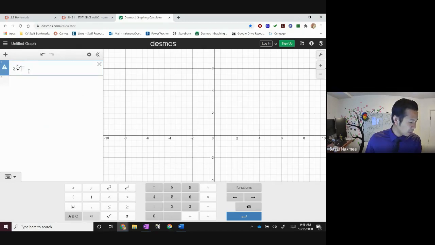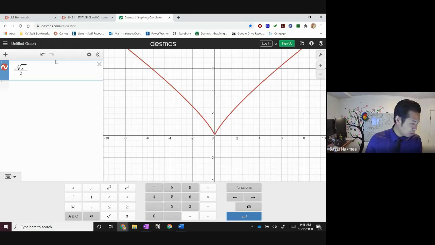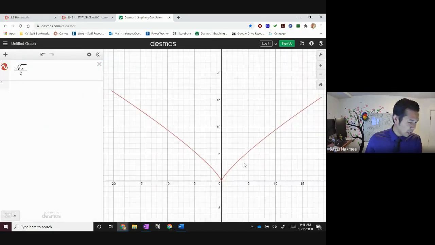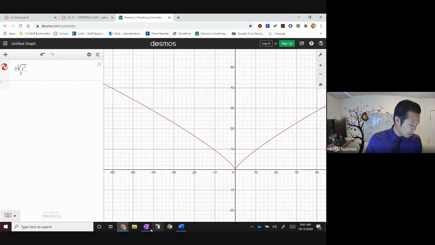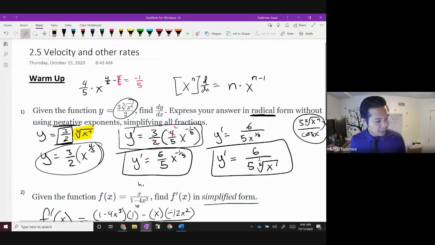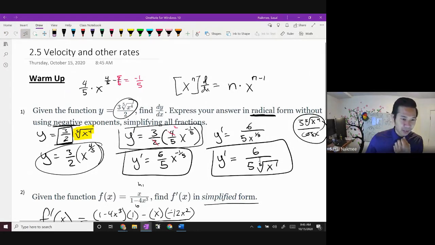So you can type that this is going to be the 5th root of x to the 4th, right? This whole thing, of course, is being divided by 2. Boom. And when you look at this, it looks like a nice graph. And even then, we were able to take the derivative of this thing, and we got this right here. But this is where you've got to come in and start also looking at the domain, and mostly the domain